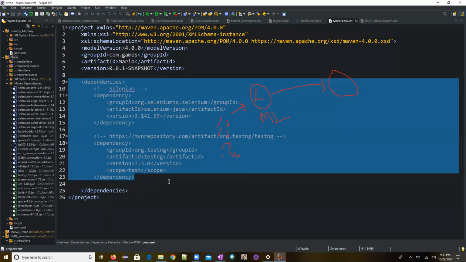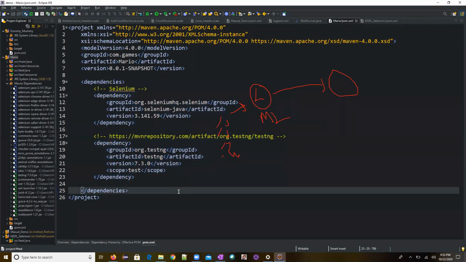One quick question, Chris. Yes. As you did the dependencies, you just added one dependency here for TestNG, right? So does this mean that without even doing the first TestNG setup, I can just directly put this dependency here? It automatically downloads and puts the jars here, right? Is this the case, or should we do it first? For example, first we did TestNG, downloaded it manually and added the jar in the project?